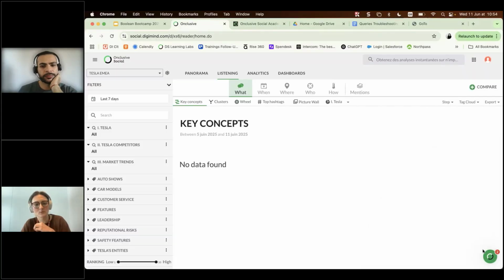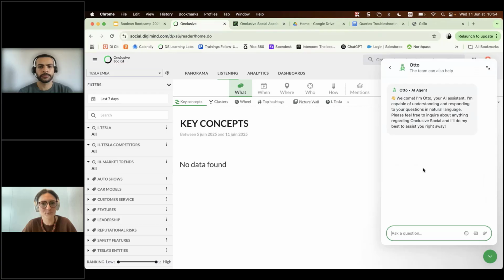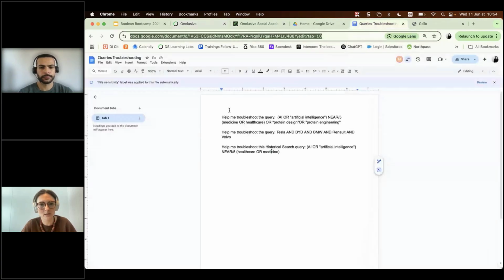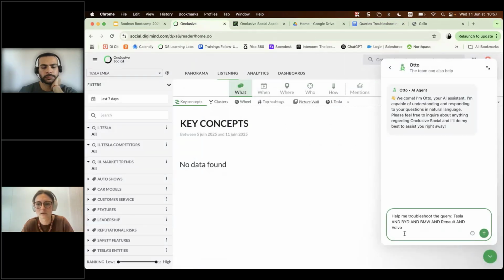Okay, so you've seen before how you can use Otto. There was an example where we were asking for help on how to use the advanced operators. Now, how I would use it for troubleshooting a query error. I have some examples here. Just to save time, actually we are using AND instead of OR.